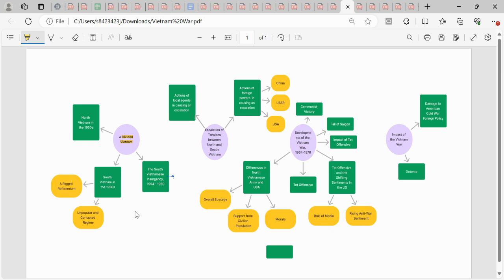the South had no real intent to honor it, and what we instead saw would be that the South essentially tried to consolidate their power, and this was with American approval. America knew that their ally would not stand to win in the elections, so America was not, at least we know that they were not insisting on the South to actually conduct any elections. So now you have the situation of a Vietnam that is divided, the North and the South, along the 17th